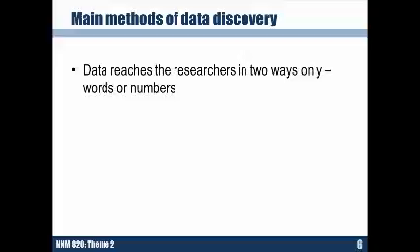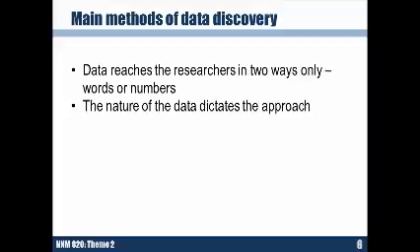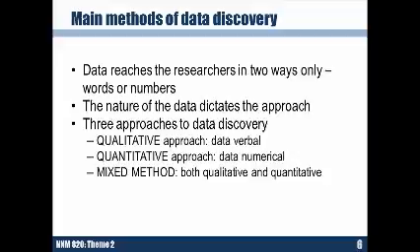Our main methods of data depends on the kind of data that we discover. And so we get data in either words or in numbers. And the kind of data we have, so if it's words or numbers, dictates the research approach that we follow. There's three main approaches. The qualitative approach is when you're dealing with data that tends to be verbal. The quantitative approach is where your data is numerical. And the mixed method is where you have a study where you use both qualitative and quantitative methods to answer